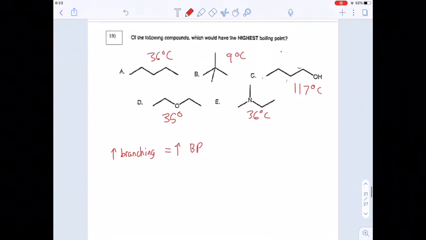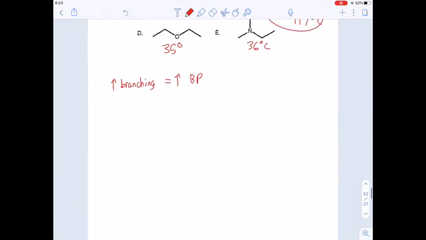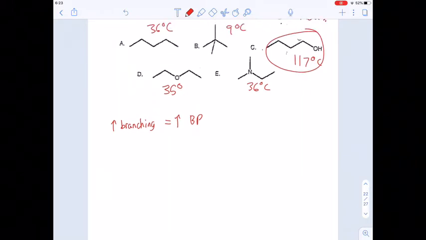1, 2, 3, 4. Yeah, so in general, even though these have the same amount of carbons, increased branching is going to increase boiling point. Reason being is when you're thinking about boiling point in general, highest boiling point is the same as asking which H bonds, or hydrogen bonds, most. So when you have branching, you have more access to hydrogen bonding because all of these H's are out here. Okay? So increased branching equals increased boiling point,